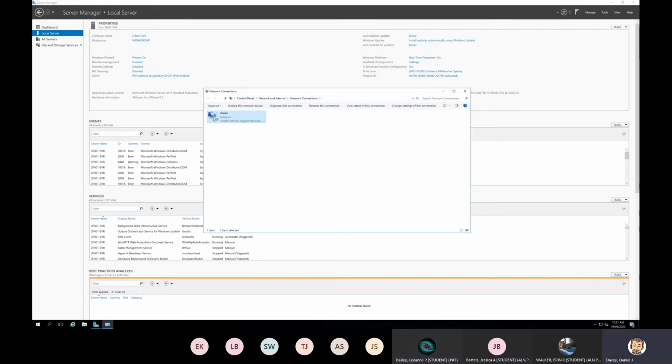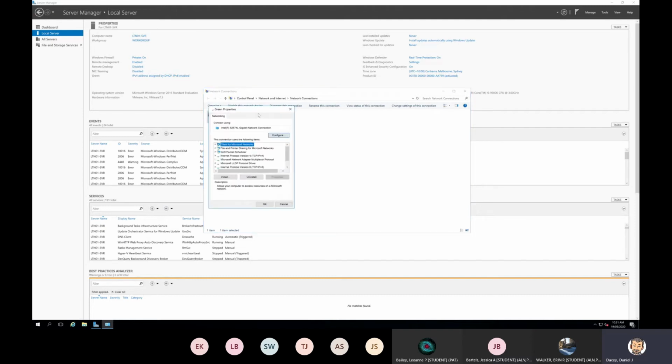That it's only going to be used on my local area network. I'm not expecting this machine to be doing anything too dramatic outside of the network here. I've only got one port, which is a bit unusual for a server as well. Typically, servers will have multiple network ports on them. Okay, so I'm now going to go into